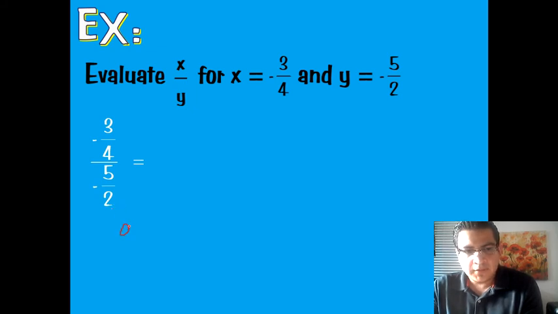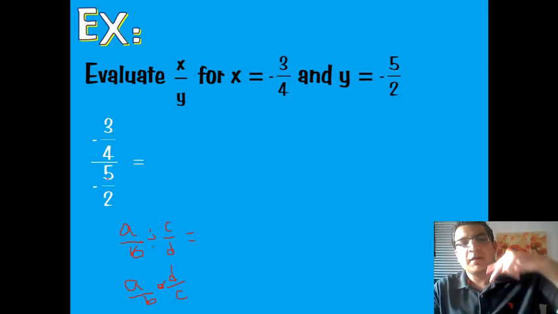The property is here: a over b divided by c over d equals a over b times the reciprocal of d over c. Recommend writing this down. We're going to actually do that right now here. So we're just going to rewrite this, -3 over 4, and then times it by the reciprocal, which will be